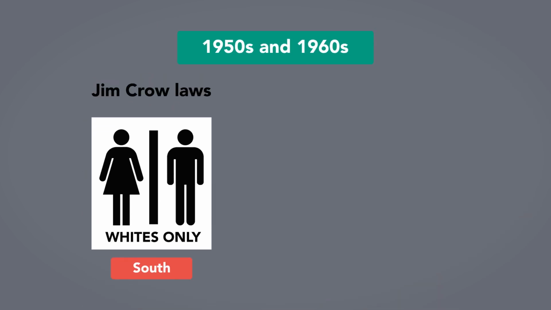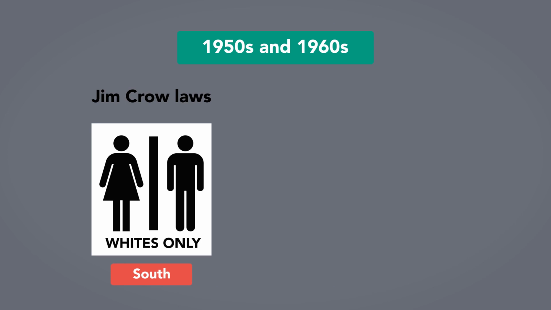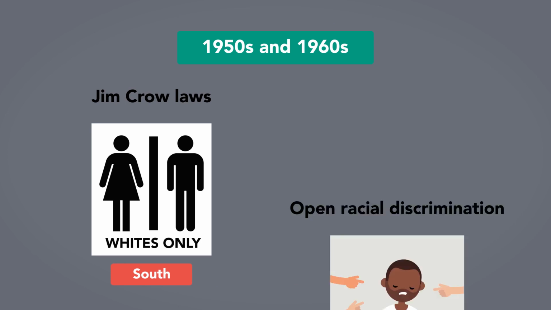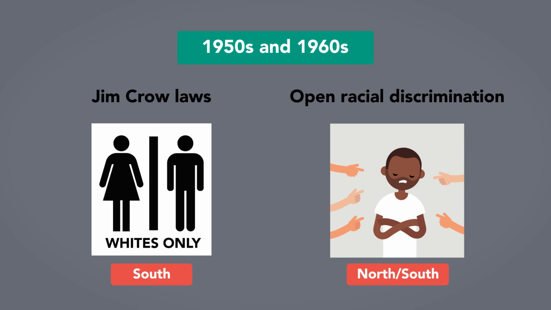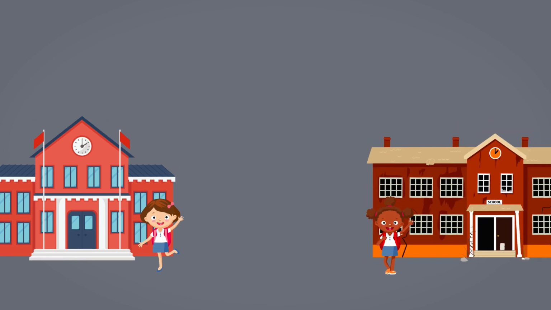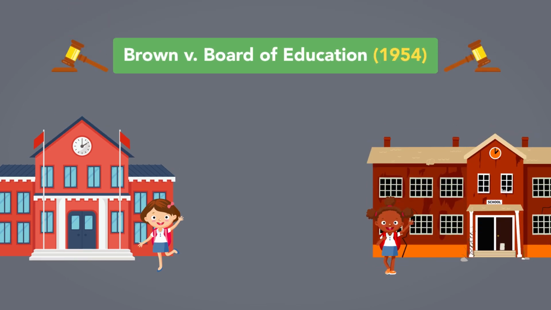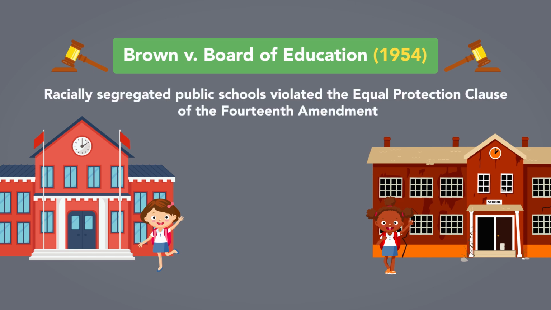Until the 1950s and 60s, Jim Crow and similar laws maintained racial segregation in the former Confederacy, and open racial discrimination persisted in many northern cities as well. The beginning of the end of legalized race-based discrimination came in the 1954 case Brown v. the Board of Education. In Brown, the court concluded that maintaining racially segregated public schools violated the Equal Protection Clause